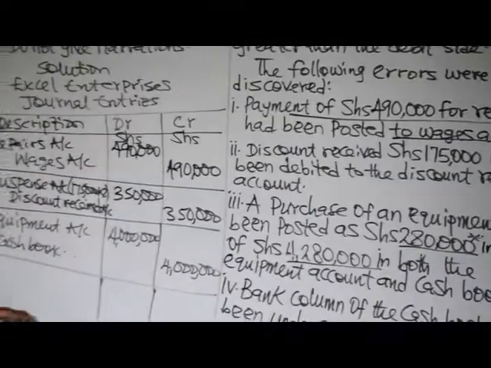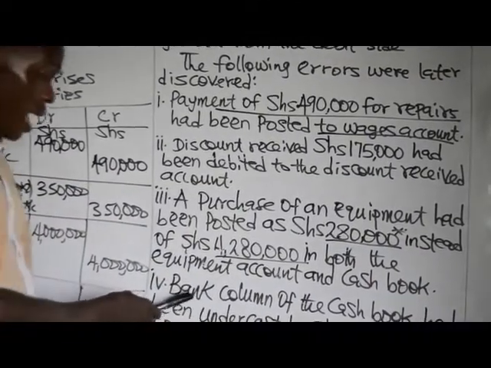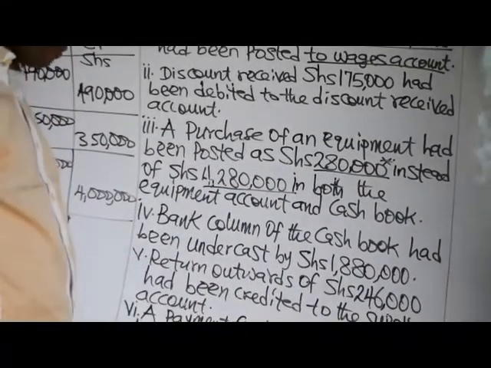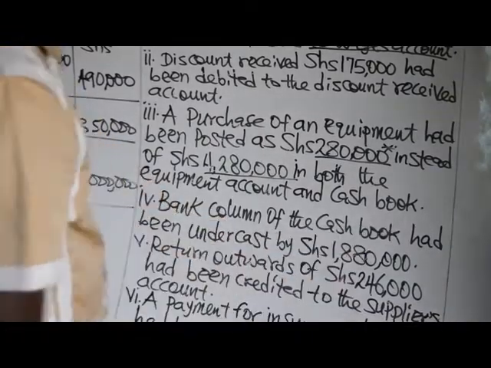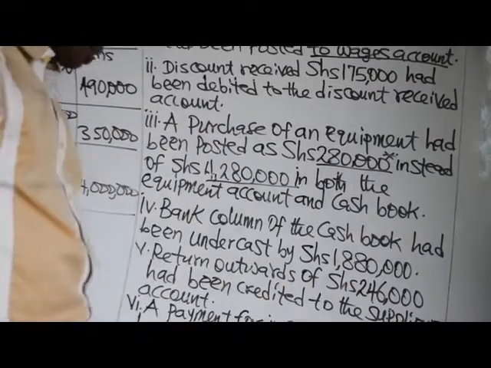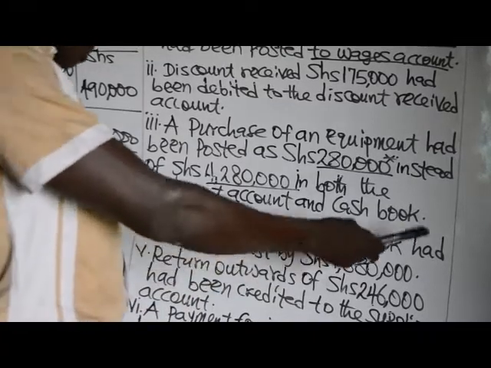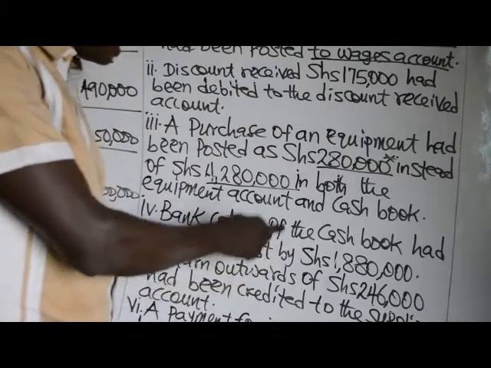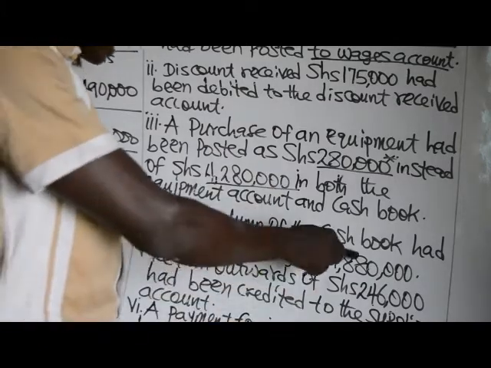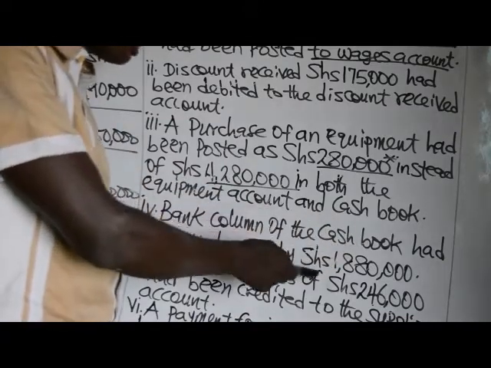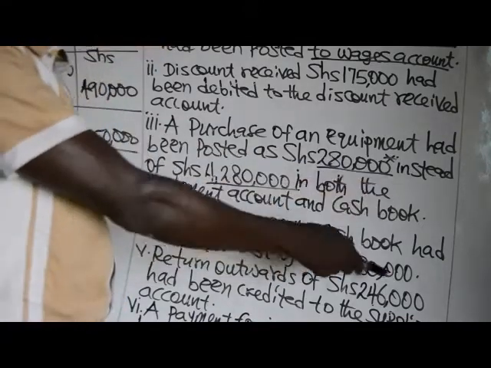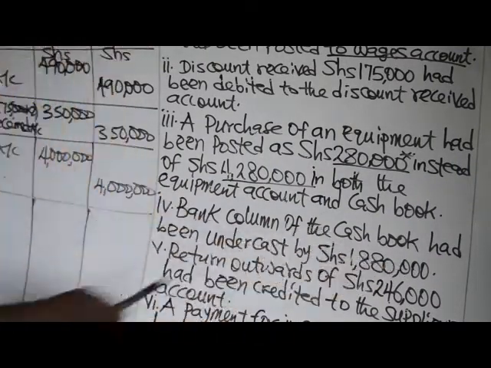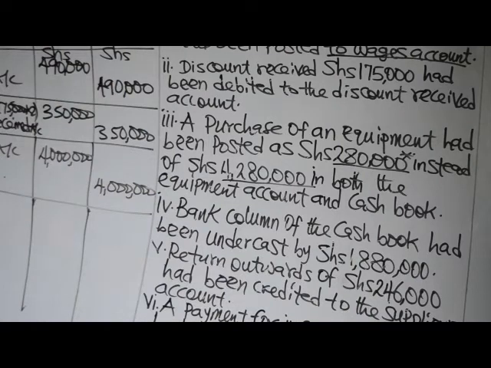Number 4. Bank column of the cash book has been undercast by 1,880,000. The normal balance in the cash book should be a debit balance. Since it has been undercast, that means the debit side of the cash book has been understated by the sum of 1,880,000 shillings. So we debit the cash book